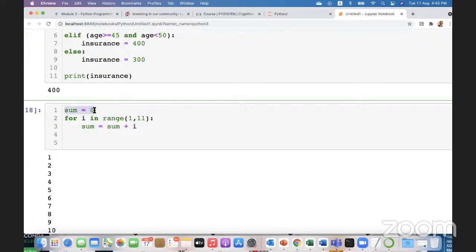So sum at the beginning is 0. Now when you go into the loop, I becomes 1. 1 plus 0 becomes 1. So the sum now has changed and became 1. You go into the loop, I becomes 2. Then 2 plus 1 becomes 3. Now sum became 3. And then you continue. This is the loop. Now, if I come here and say print sum, what do you think the result of this